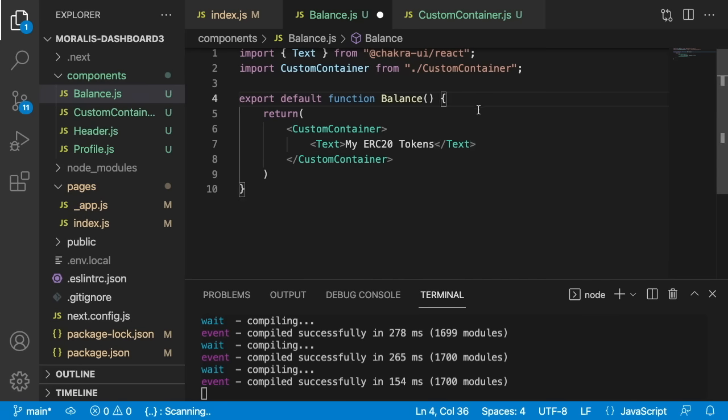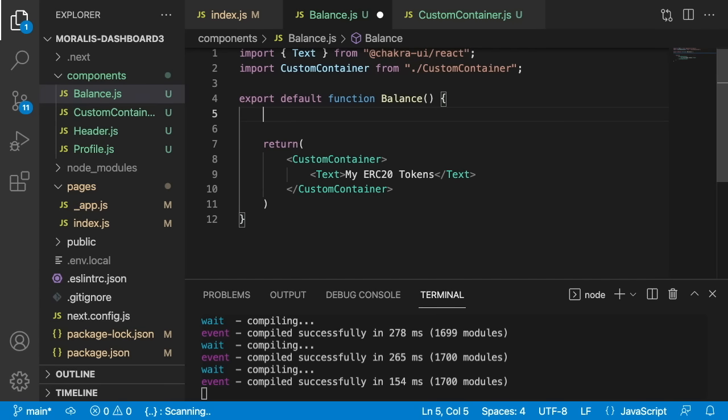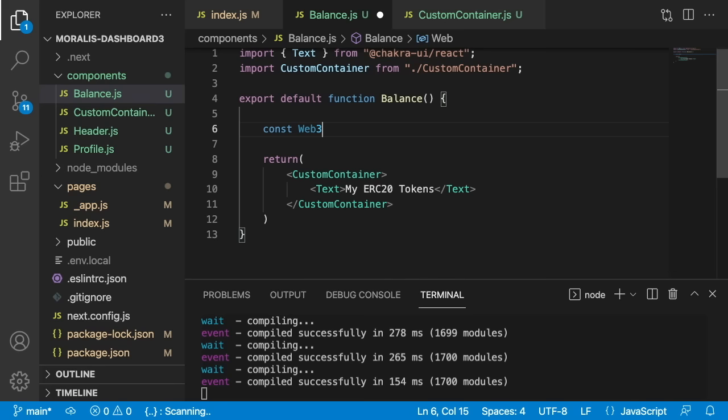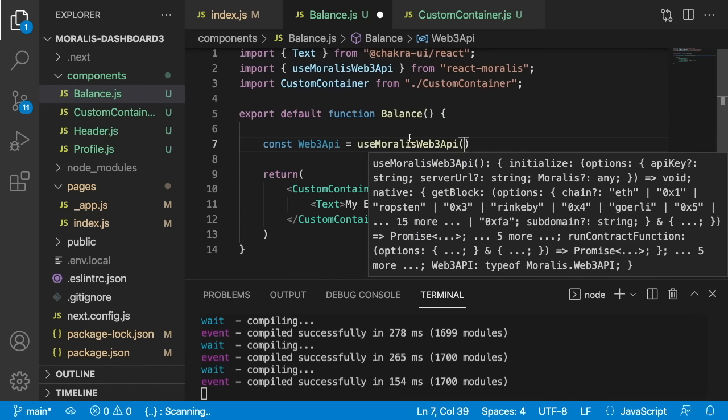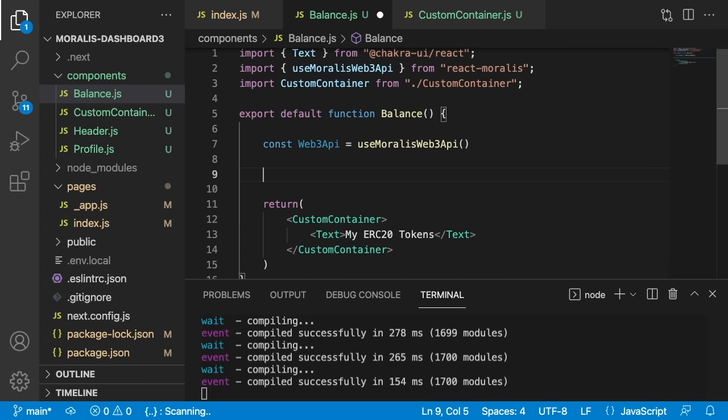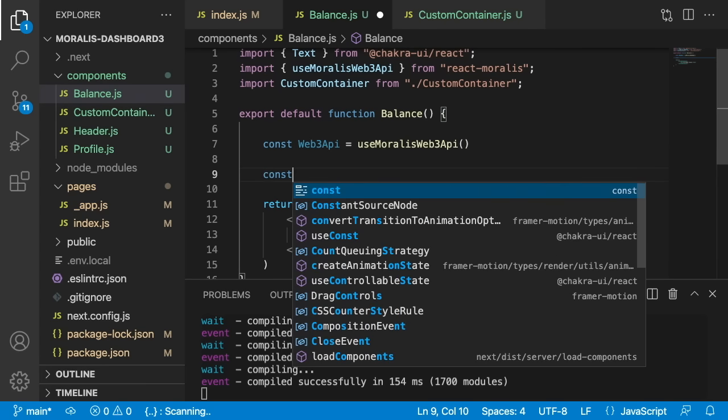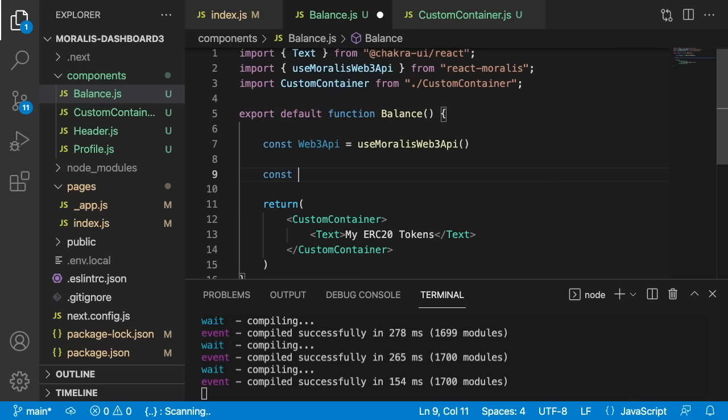And again, we can do it by using this time the Web3 API provided by Moralis. So we can start typing const Web3 API. So we are grabbing this one directly from the blockchain. Use Moralis Web3 API. So now we have a different hook, and this hook now is useMoralisWeb3Api. Okay, so we can define a new function, const, and call it fetch